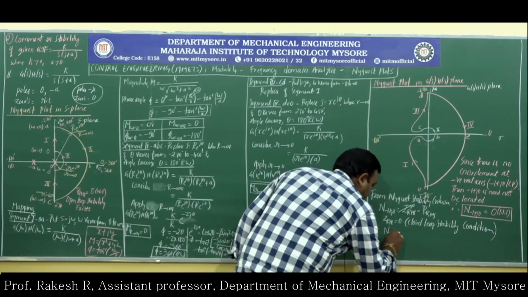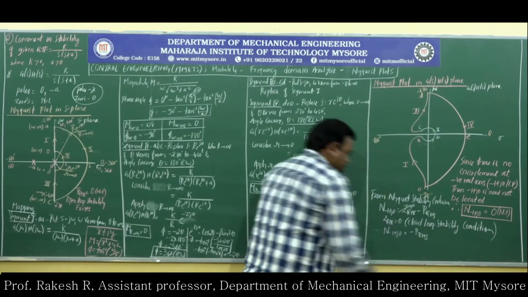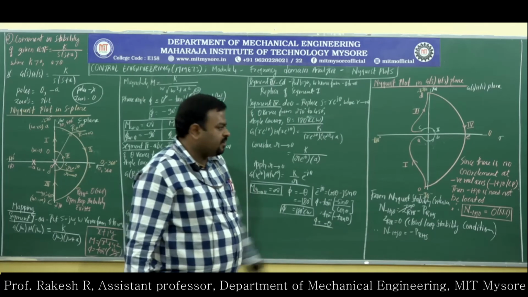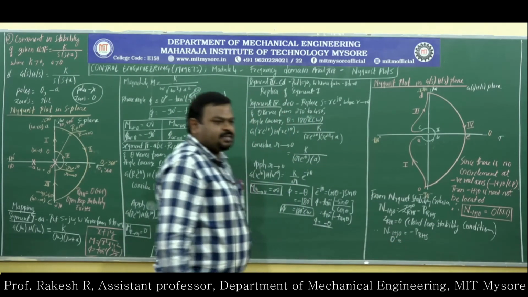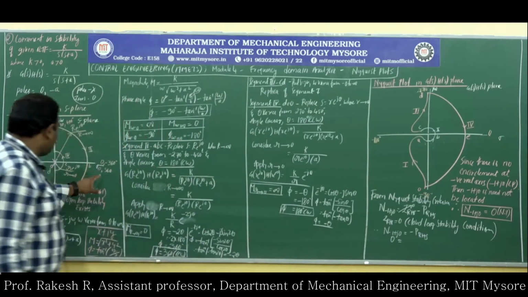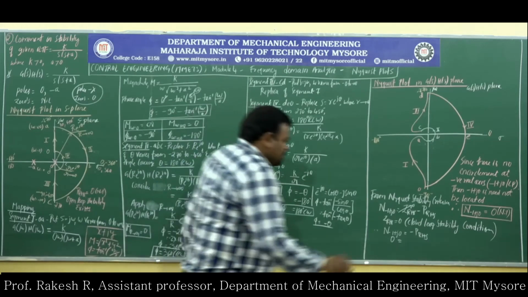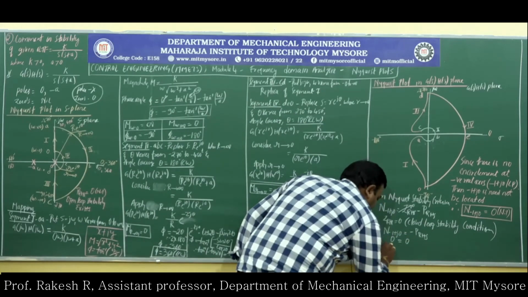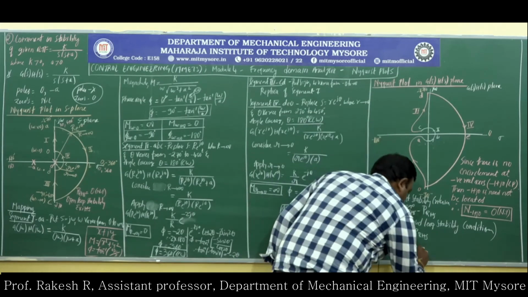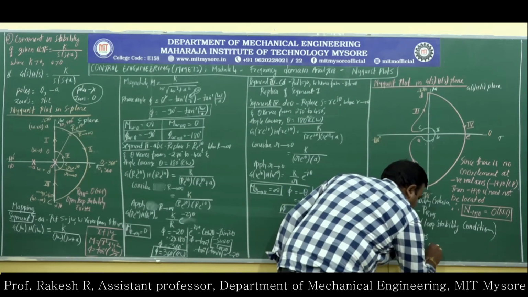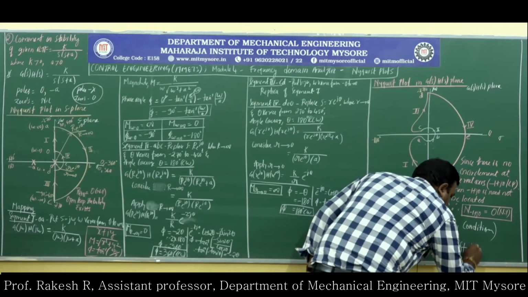Therefore, N of minus 1 plus j0 will be equal to minus P of RHS. What is N of minus 1 plus j0? It is 0 or nil. What is P of RHS? P of RHS is what you have calculated here, this is P of RHS, 0. Since LHS is equal to RHS, therefore you can write the system is stable.